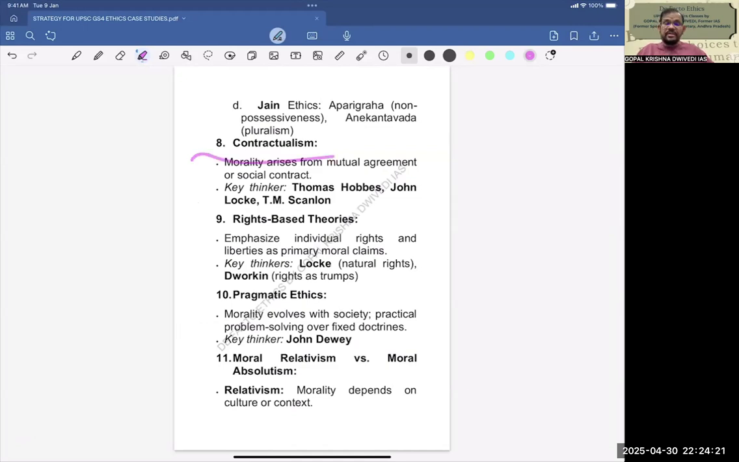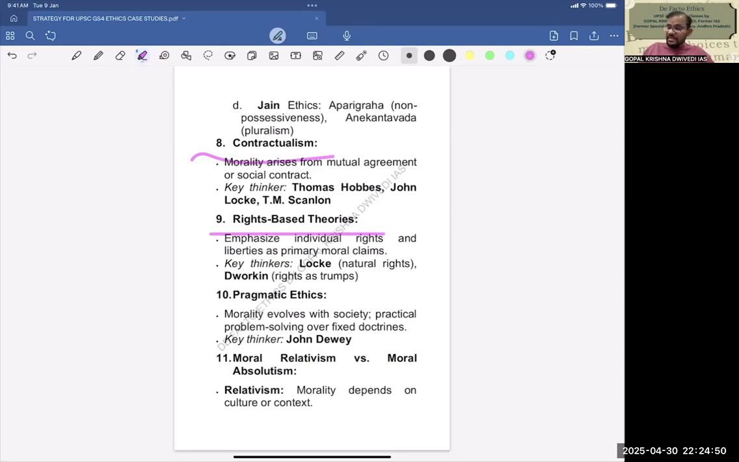Next is contractualism. Now, this was promoted by Thomas Hobbes, John Locke, and T.M. Scanlon. And this focuses on morality dependent on mutual agreement or social contract. So, this also is important. Then, next is rights-based theory. Rights-based theory was again promoted by Locke and Dworkin. Locke promoted natural rights. Dworkin promoted rights as trumps, and they emphasized individual rights and liberty as the primary moral